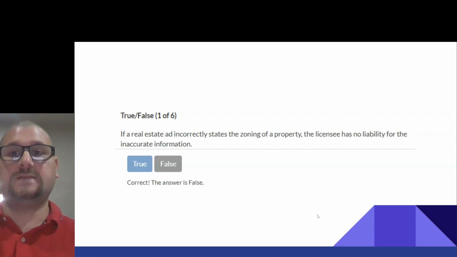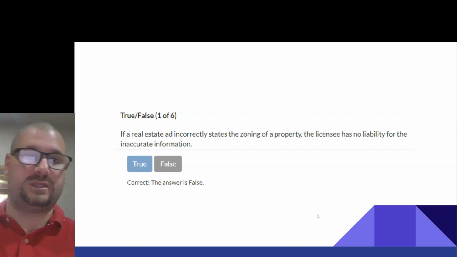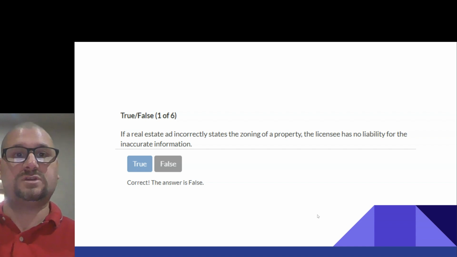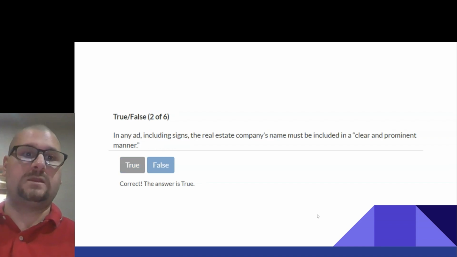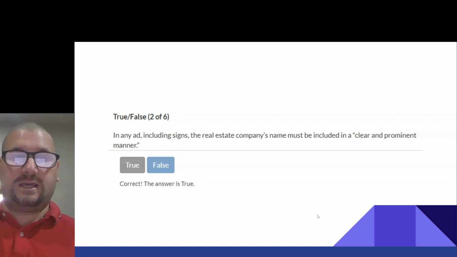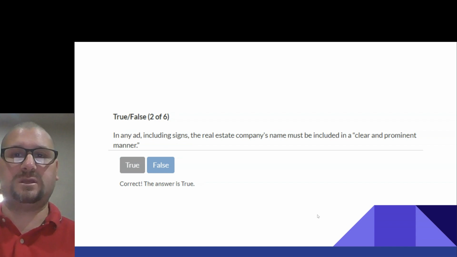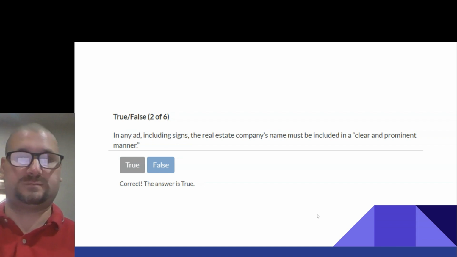So the licensee has liability for the inaccurate information. In any ad, including signs, the real estate company's name must be included in a clear and prominent manner. This is true.